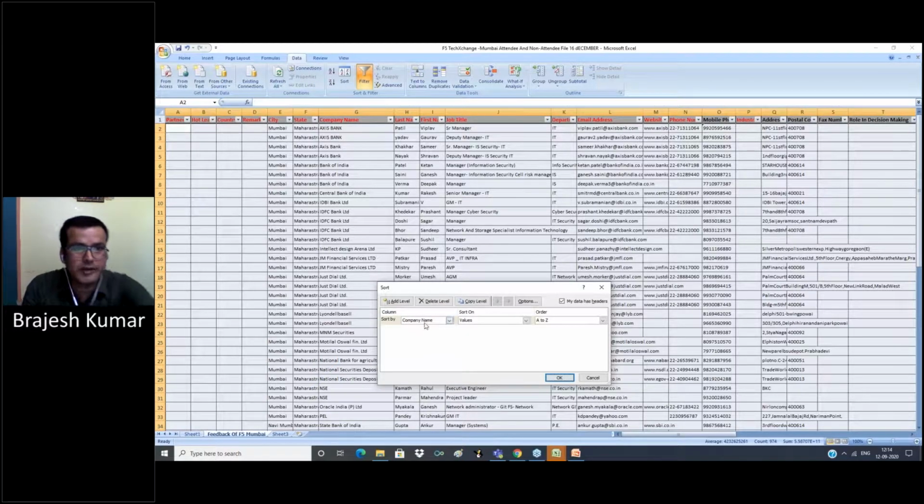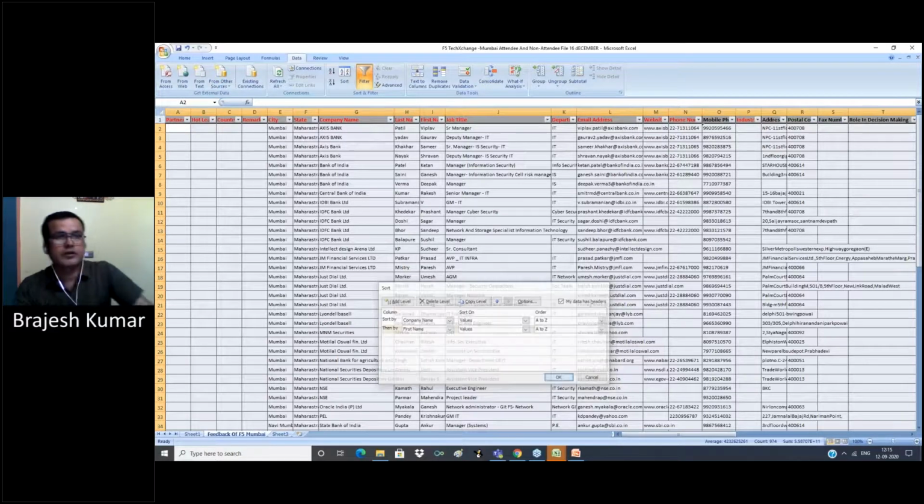One level is already given there. I also want to sort on first name, so first we add a level and select first name. If we want more columns in sorting, we can add other columns, and we can delete a level from here. Now click sort.